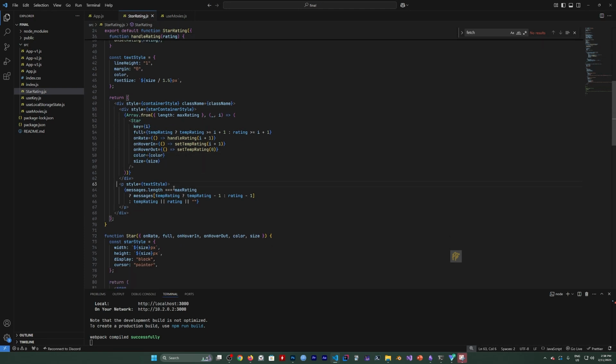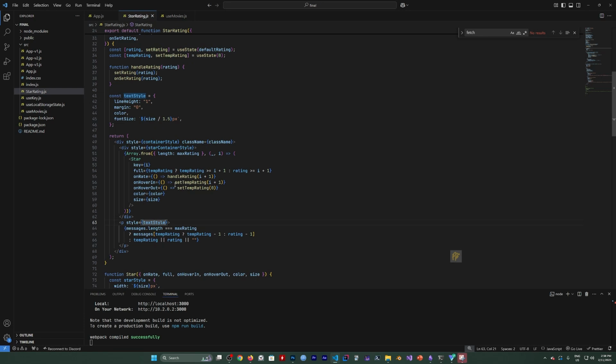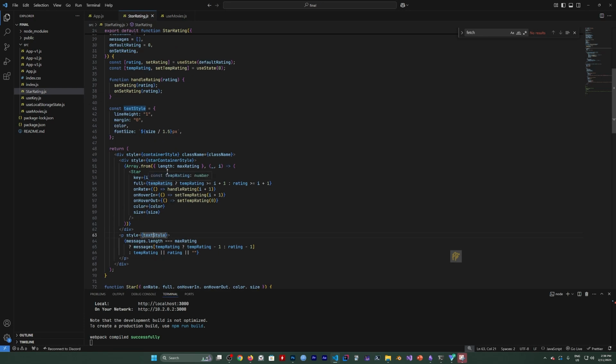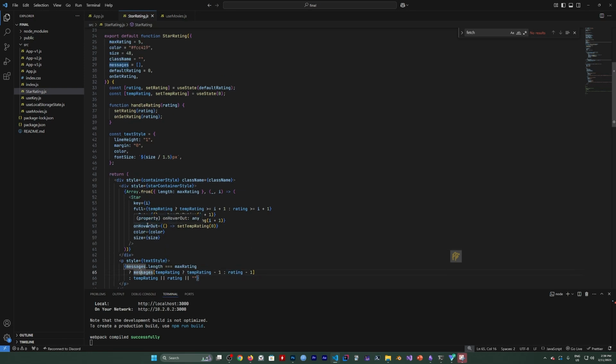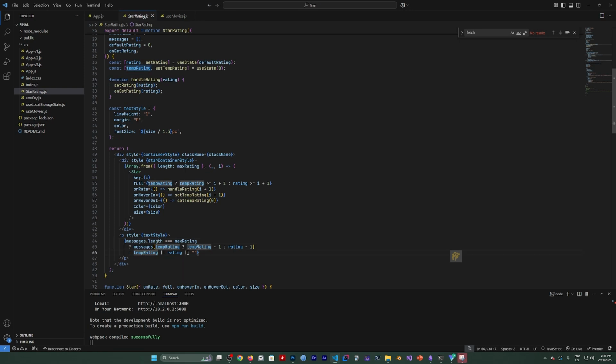If the message length, so in the text styles, so messages length is maxRating, then only we will use the messages object. If the messages length doesn't even exist, if the message maxRating doesn't exist, then we just, so then what we're gonna do,